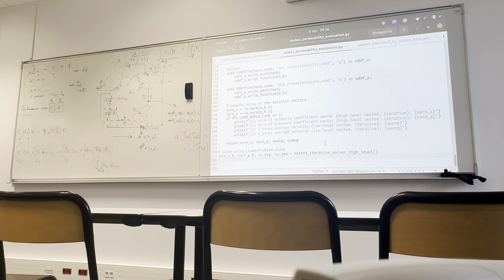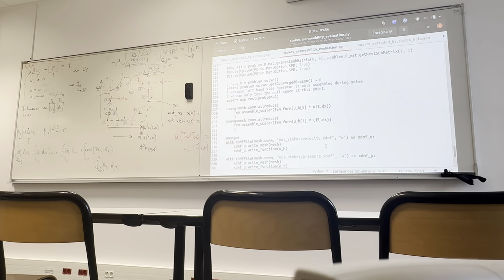We also calculate the average of velocity. So UH0 and UH1 FEM form is the integral of the first component of UH and the second component of UH, so the first and the second component of the velocity field,